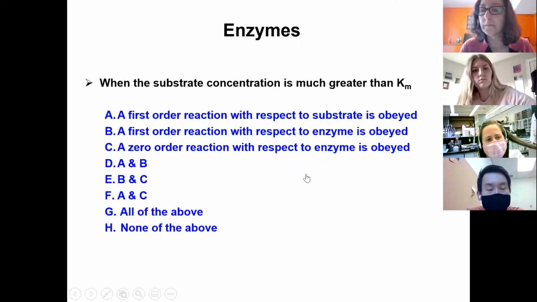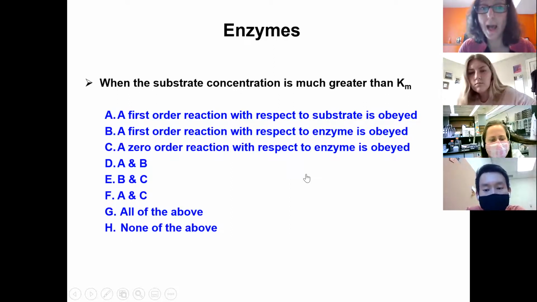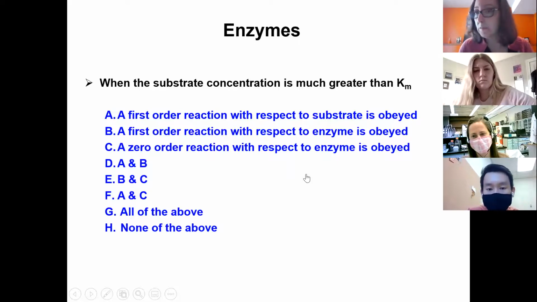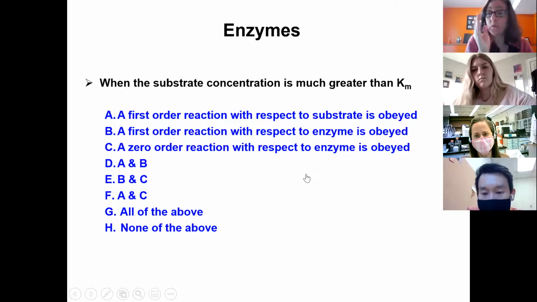Shouldn't it be impacted by the concentration of the enzyme? So B? Correct. So which one of the answers is it? B. Correct. So what happens is, when the enzyme is saturated, no matter how much you increase the substrate concentration, there is no way you can increase the rate of the reaction. But at the same saturated substrate concentration, if you change the enzyme concentration, then the rate of the